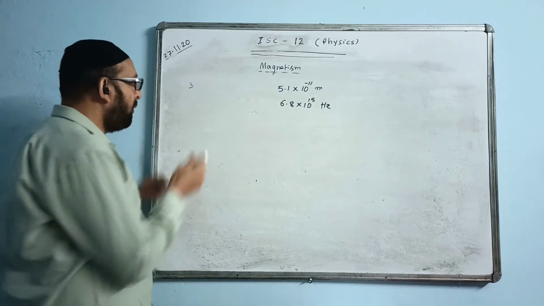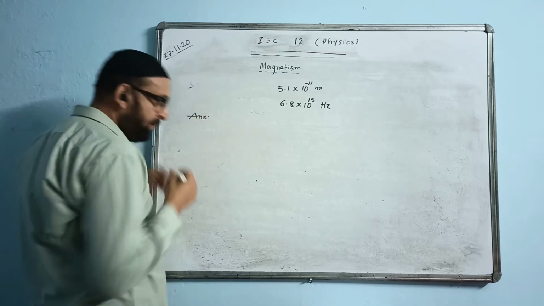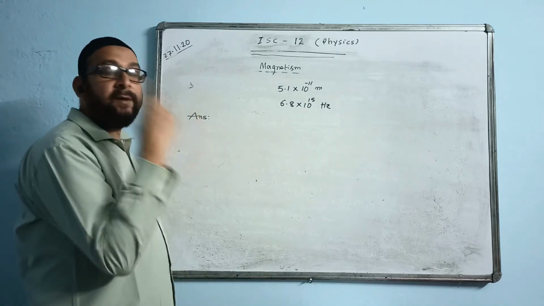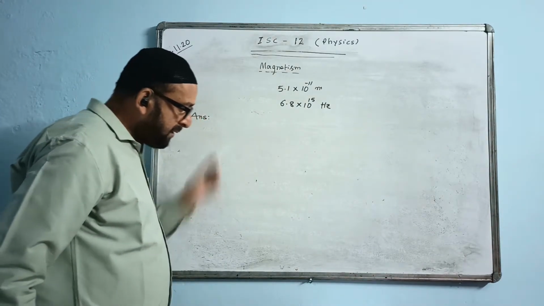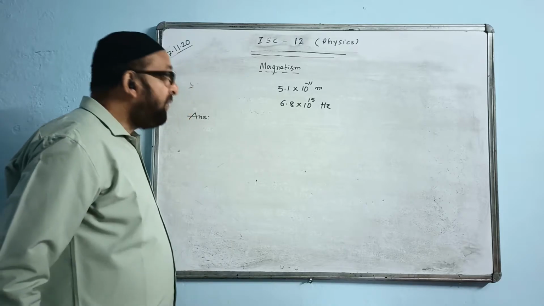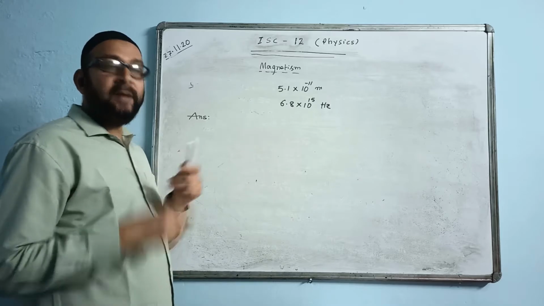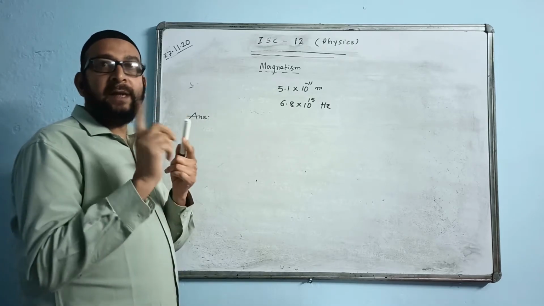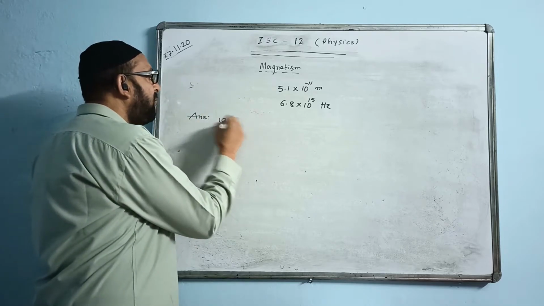Okay, now let's do. Now we are finding the answer. Electron is revolving around the nucleus. Radius is given, frequency given. You have to find the value of B at the center of the orbit. That means we'll be applying the formula of magnetic field at the center of a circular coil. What is the formula? First part we are doing.